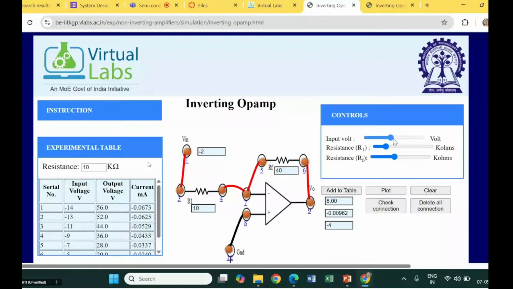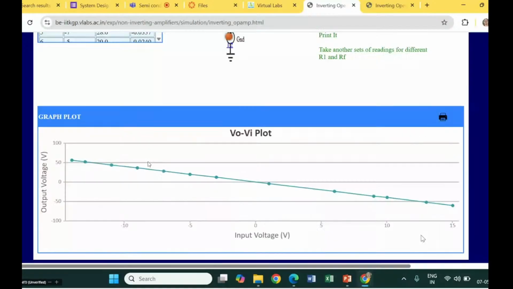So arbitrarily I have taken some values for the input, and now let us plot it, just like your IV characteristics of your diode, your Zener diode, etc. Okay, so let's plot it. So you can see you'll be having the input in this way and output is in this way. So what was the formula between input and output? Input was given by,